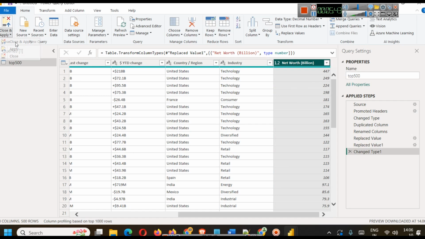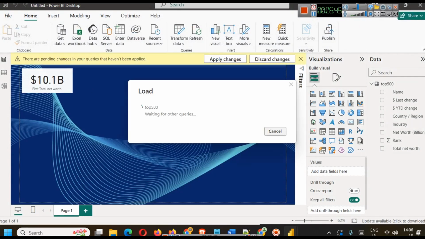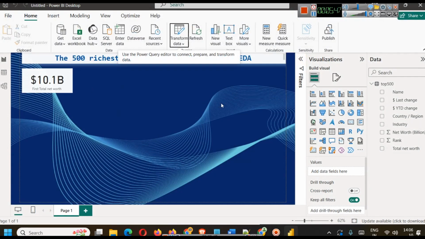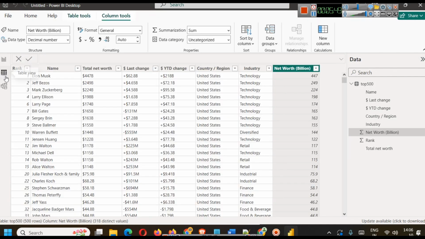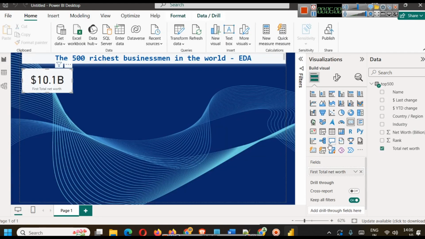So we had to do back and forth, but obviously while watching the tutorial you can easily do it on your own. And now you can see this display the value as a currency. So this is available, and now we will replace this and add our new column which is net worth billion,